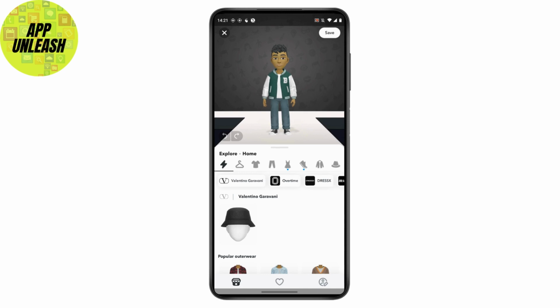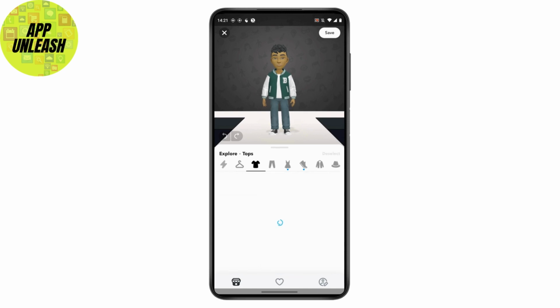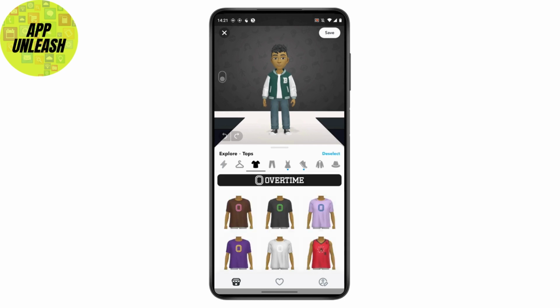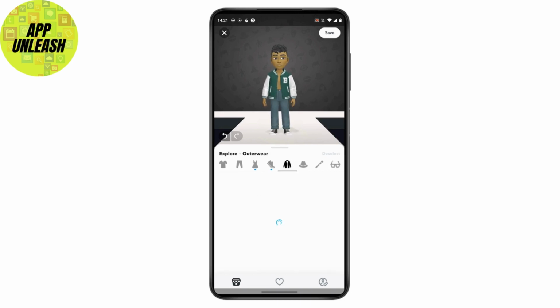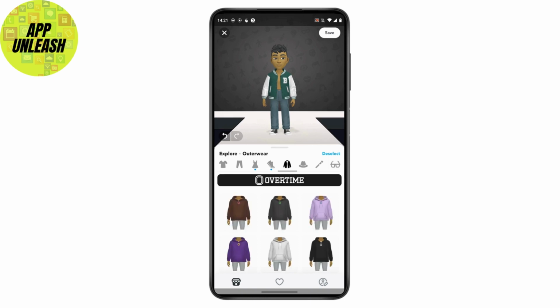So now what you can do is just tap on shirt, and for example if you want to remove that shirt, then just simply tap on deselect, which is on the left side of your screen. Just tap on deselect, and after tapping on that, here you can see guys the shirt has been removed. Now if you want to remove the jacket, then you just have to tap on jacket, and after tapping on that again tap on deselect,